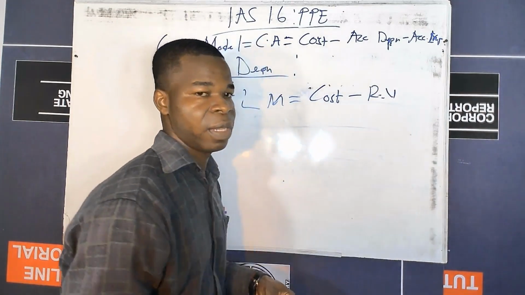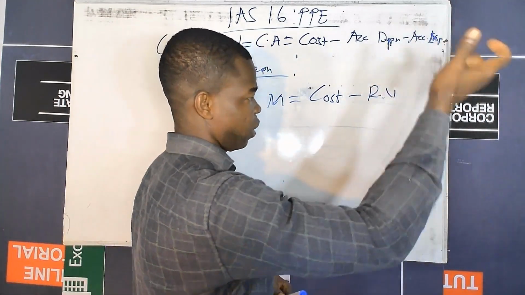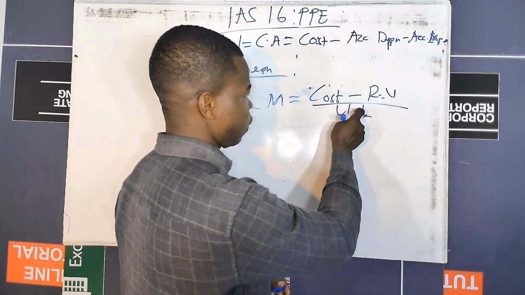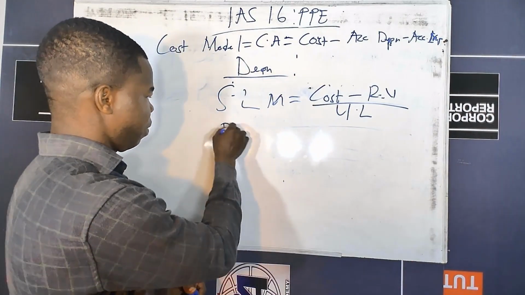Remember that the residual value is the same as salvage value, the same as your scrap value. Then you divide all these by the useful life of the asset. Then when we are looking at the reducing balance method,